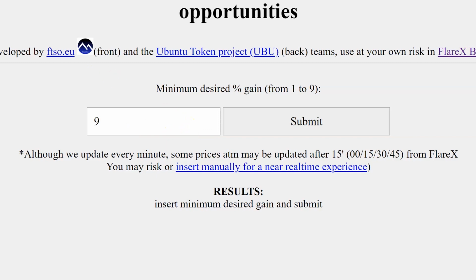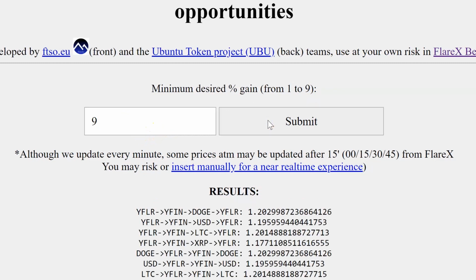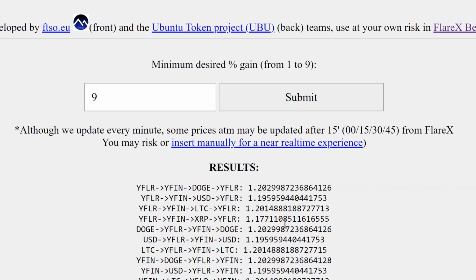Anyways, continuing. So the Arb Tool. Right here you put about the percent desired gain. Putting 9 is great, but sometimes you hit 9 and it doesn't show anything, and so I'll enter 1, and it'll populate the whole list. So this is going to give you a small amount. It broke it down a little more to give you an idea of the higher values.